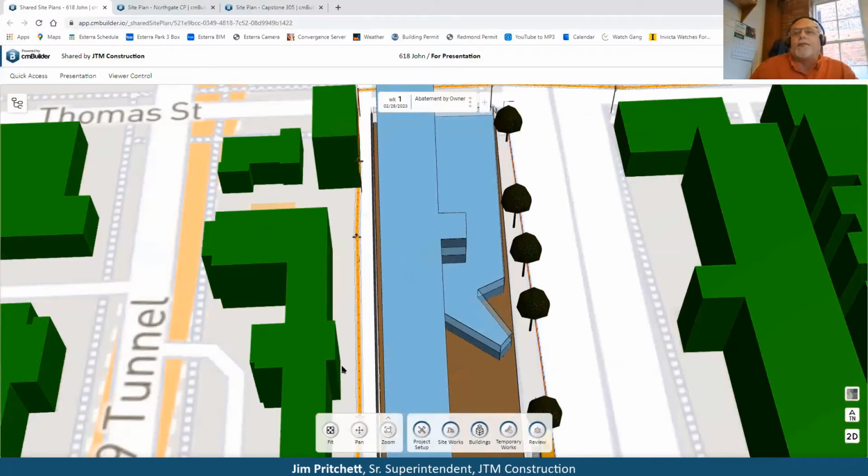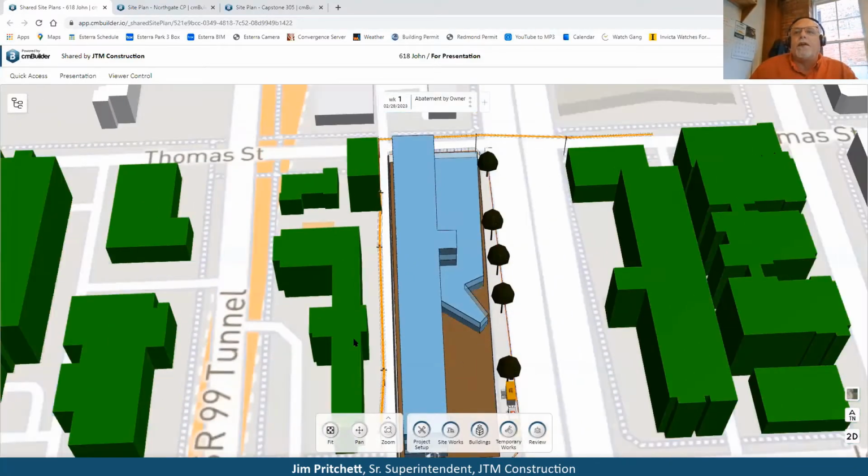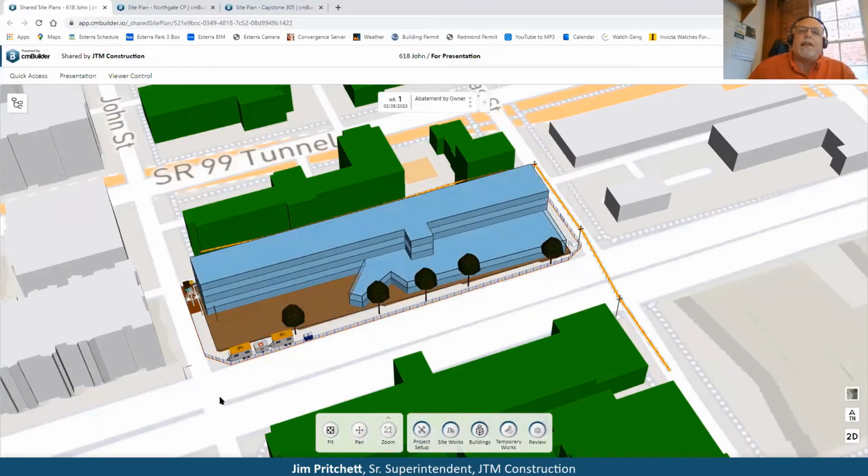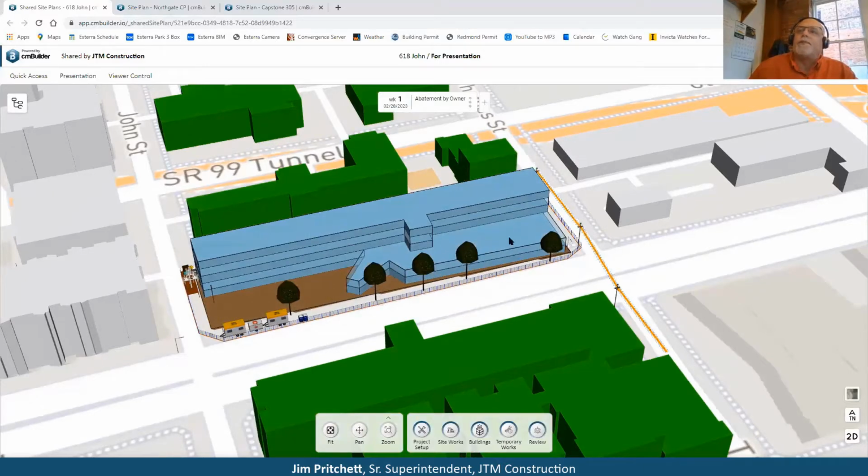We're only about 20 feet wide, and there's parking here on the backside of a neighboring hotel. We have power lines that are adjacent to the project. And we just utilize this for the first phase of the project. We can step through the process, showing our demo, where we're going to be starting demolition of the building and equipment placement, and in a later slide, I'll show you our whole route